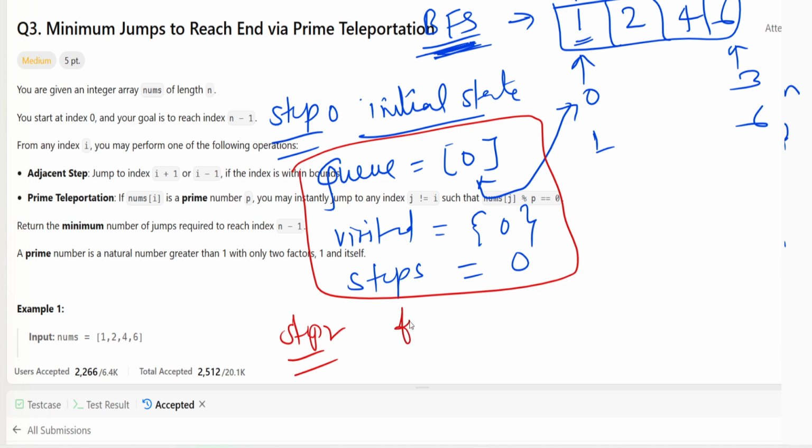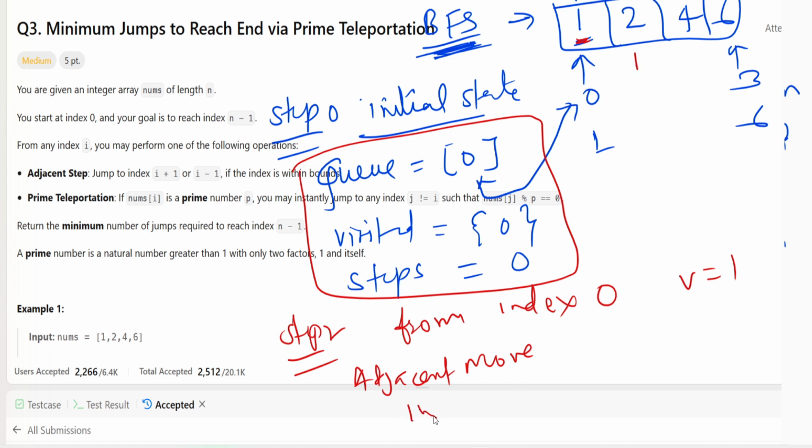We have to start from index 0. The value here is 1. Then we need to find the adjacent move. For the adjacent move, you have to move from index 0 to index 1, correct? When you move to index 1, the value you get is 2. Is it valid? Yes, it is valid. Now what can you do? You can do